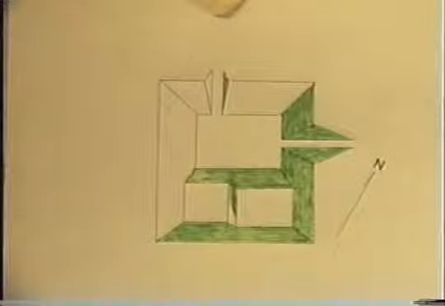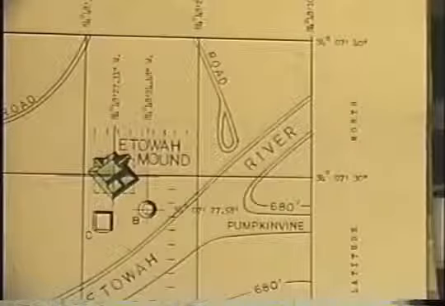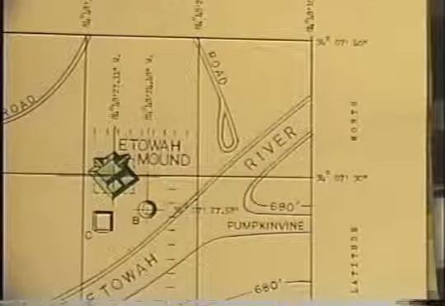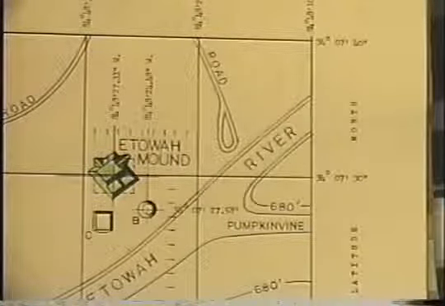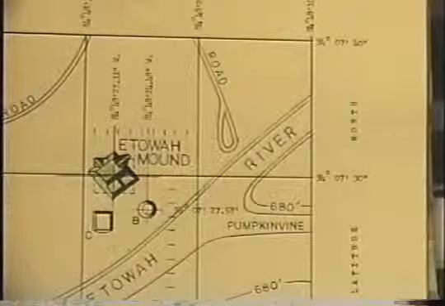4 squared corners at the base, 4 pi, 2 ramps, 2 pi, and 90-degree corners everywhere, 90. And voila, Etowah's latitude and the code value which encodes it. A word of caution if you visit the Etowah site: stay on the paths. Do not wander off into grassy areas. The rattlesnakes are everywhere. And speaking of snakes,